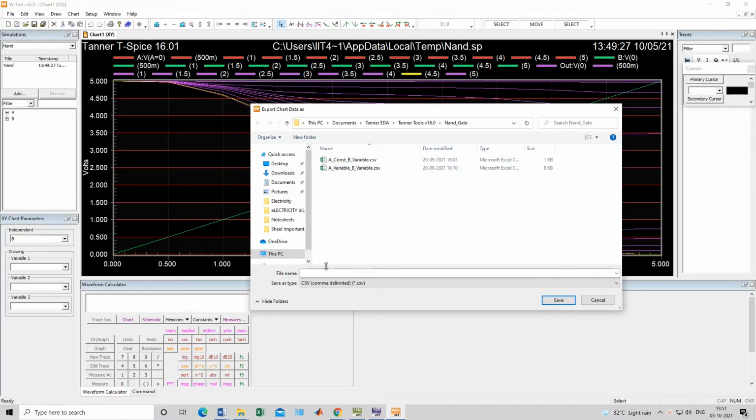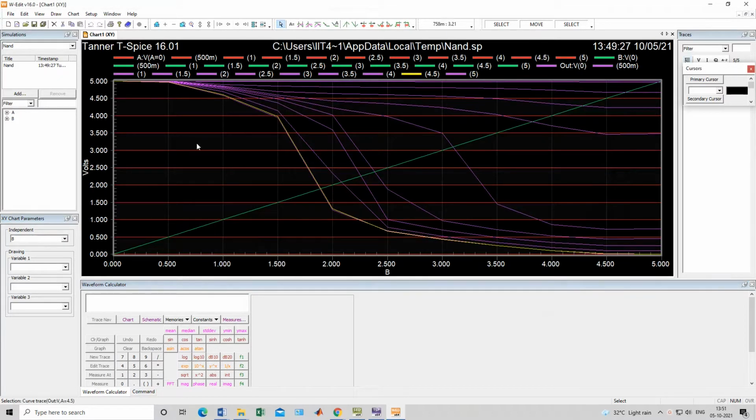Whatever name you want to give, you can give and download this data in Excel format. After downloading it, you can plot this waveform in Excel also, to see what output you get at different values of A and B. Try this, this is your homework. So this is all about your previous experiment of the NAND gate.